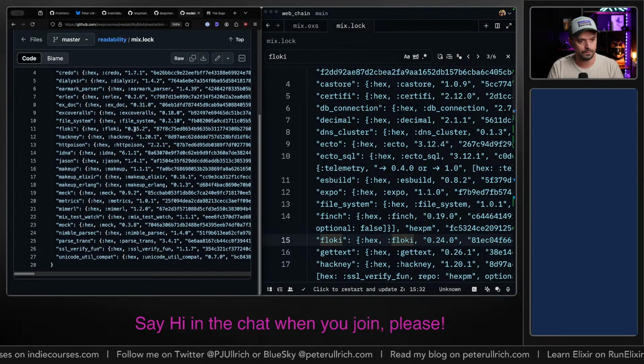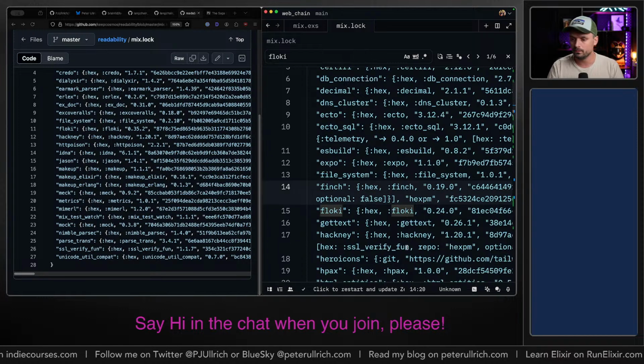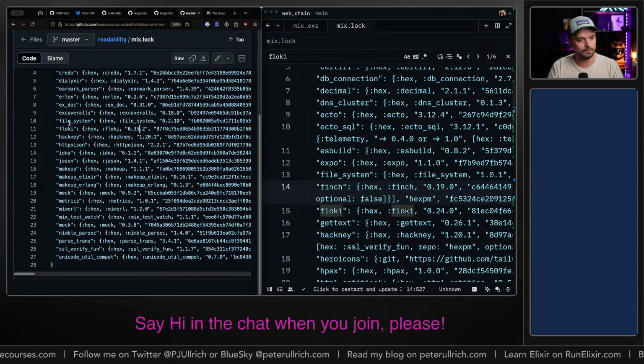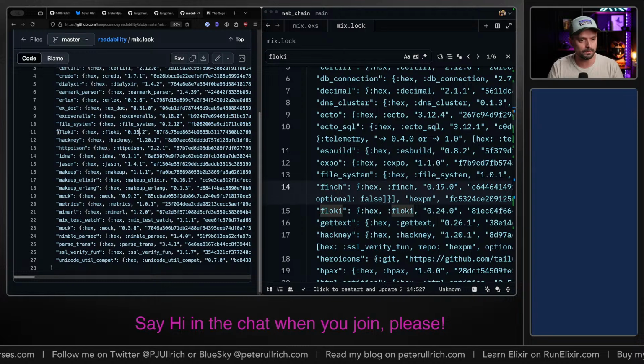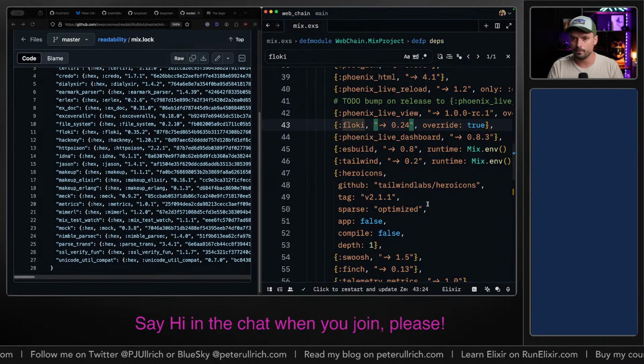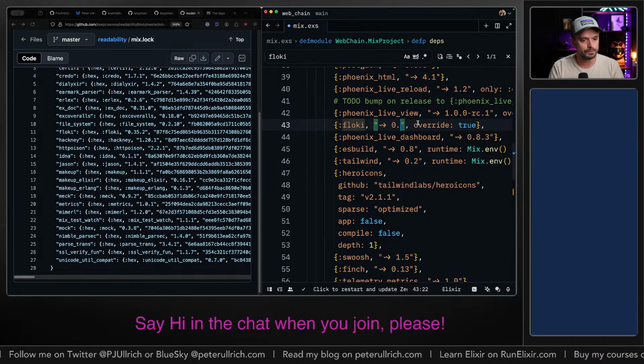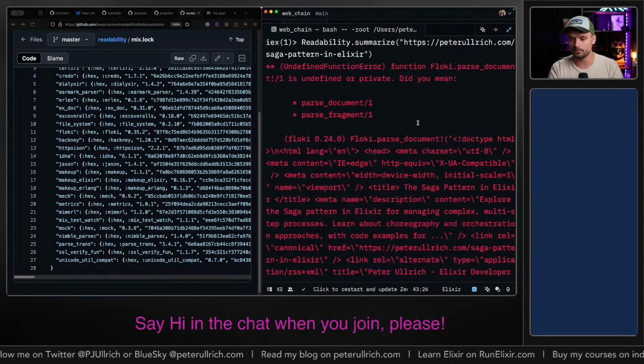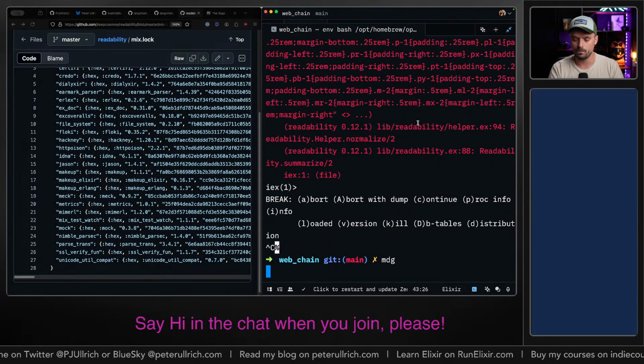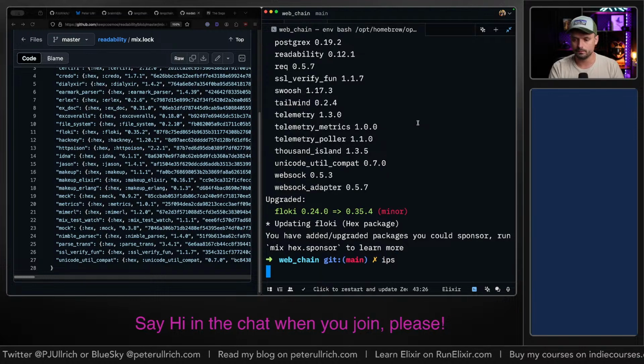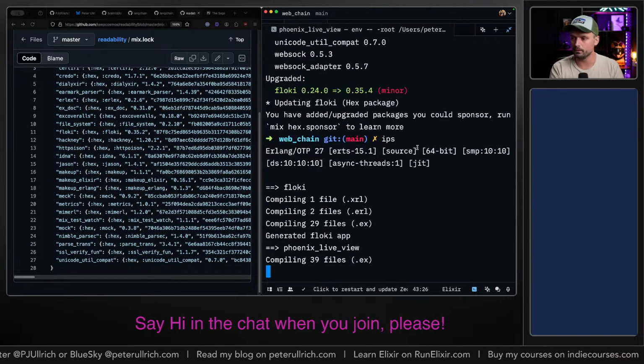Floki. Ah, look. All right, actually they didn't update the dependency in the mix.exs. All right, so then we do exactly the same. Now that should work, hopefully. Let's see.